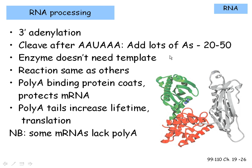turns out to be a signal for a number of different processes. And one of them is it's a binding site for something called poly A binding protein. And poly A binding protein can bind at the poly A and, in effect, cover up one of its naked ends. And in doing that, it tends to increase the lifetime of the messenger RNA. And so the presence of a long poly A tail can change both the lifetime of the message, how long it exists in the cell, its half-life. It can also affect how well it's translated. So of 10 different messages, if one of them has a better poly A tail, it's going to have a better